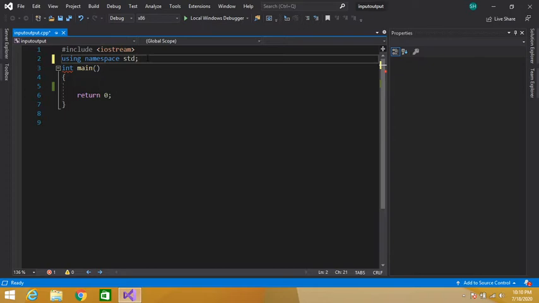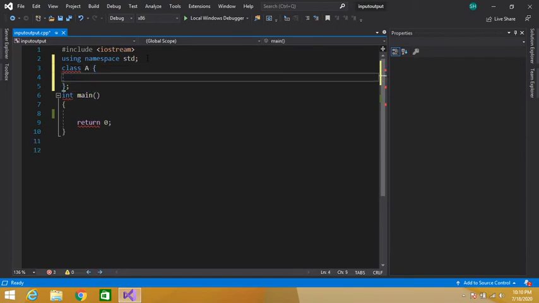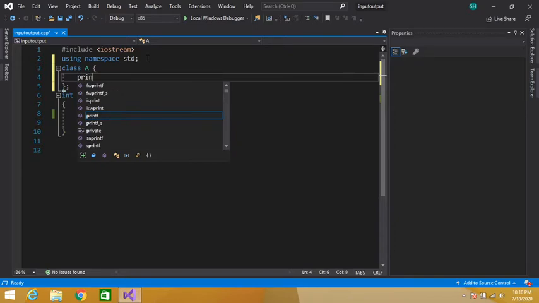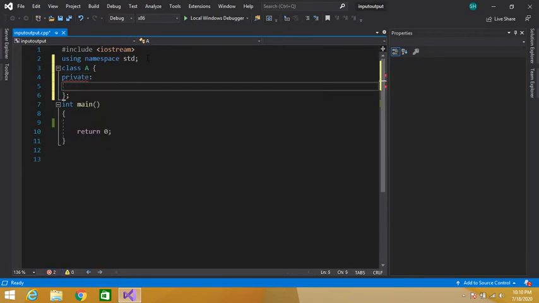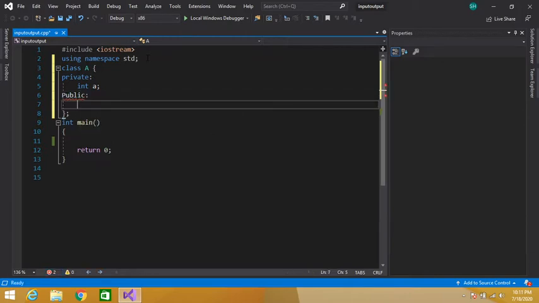Okay guys, let's take an example. Let's create a class A. Then our private data member, let's say int a, and then our public section. Let's initialize our data member in the constructor.